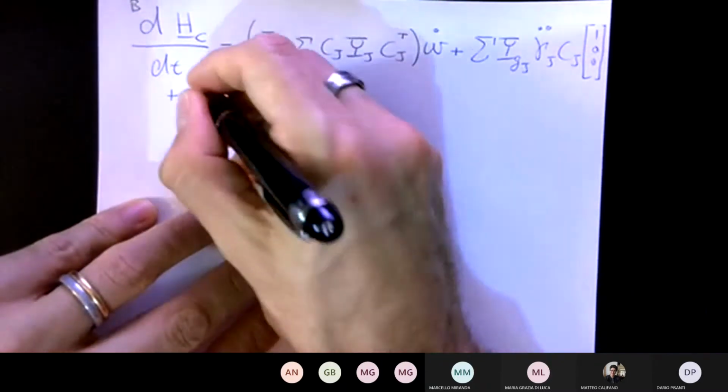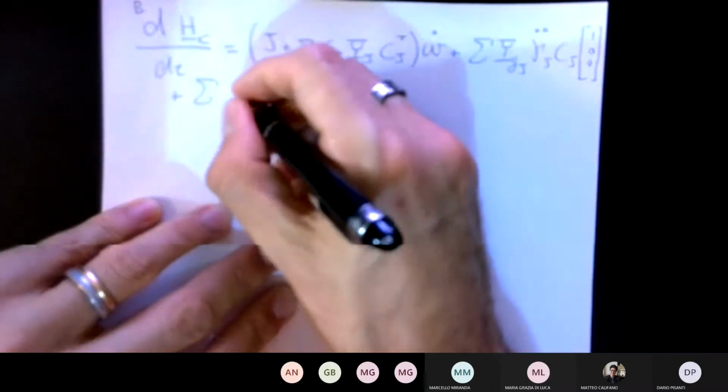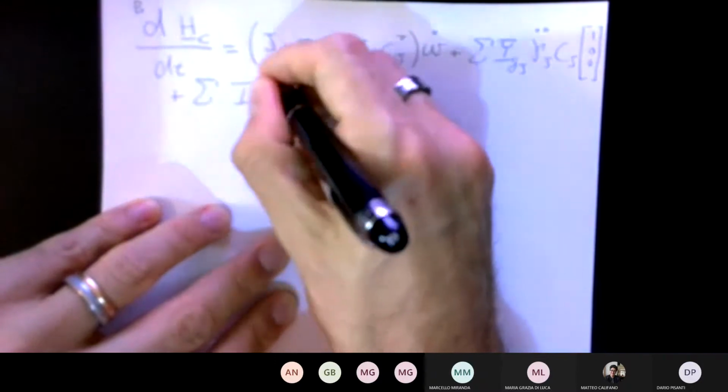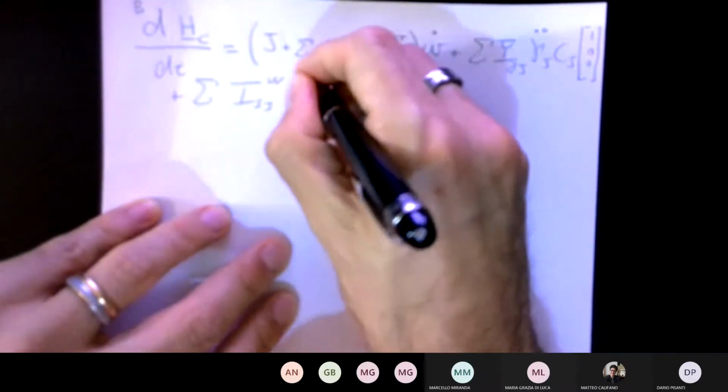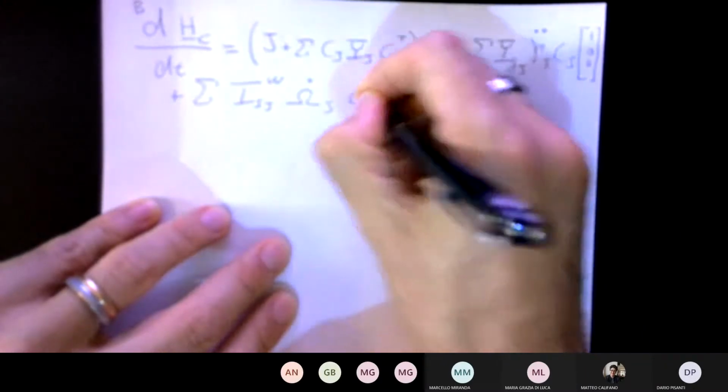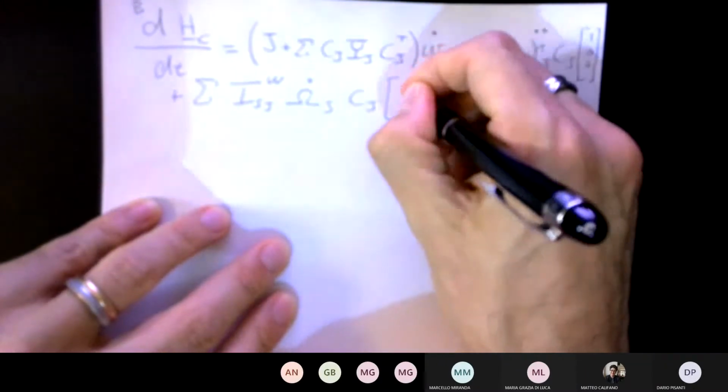Then I have summation of I SJW, the moment of inertia about the spin axis, capital omega j dot, Cj 0, 1, 0,